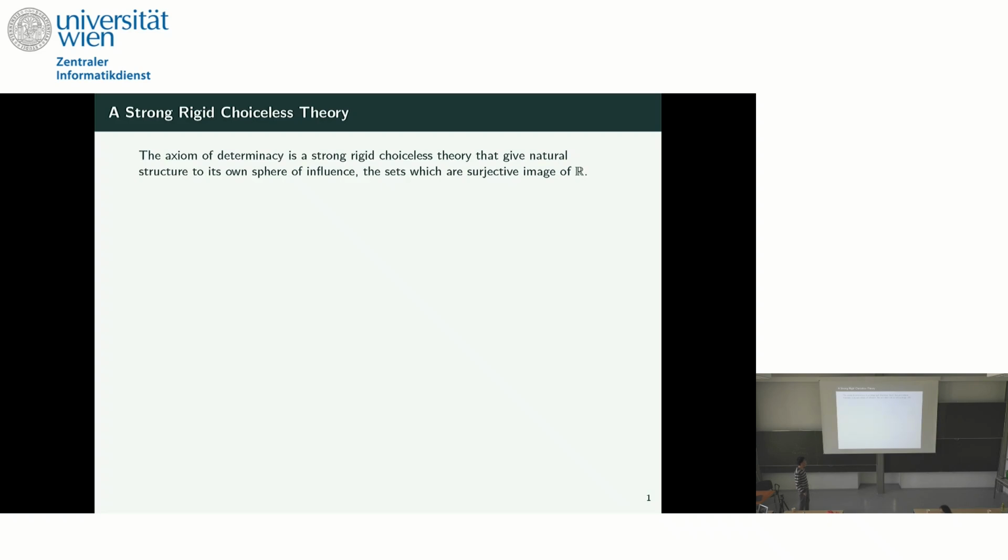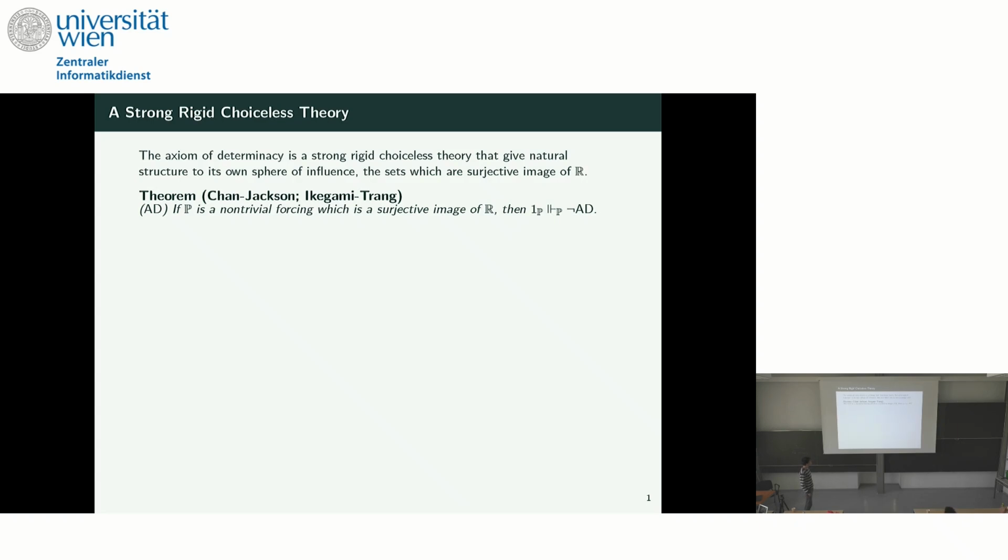And the axiom of determinacy is rigid in one formal sense. This is a result that I proved with Jackson and then fully generalized by Ikegami and Trang: if you have a forcing P which is a surjective image of R, so it's in the world of determinacy, and it's non-trivial, then it has to force the failure of AD. So you can't get independence results over AD, at least within the world of determinacy, by these simple methods of forcing.